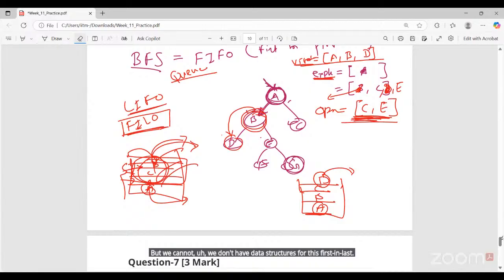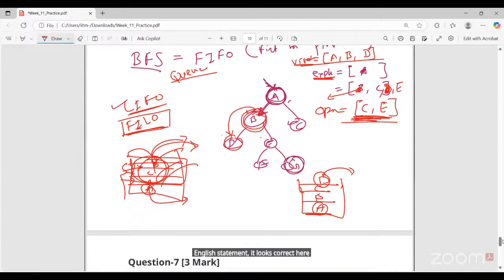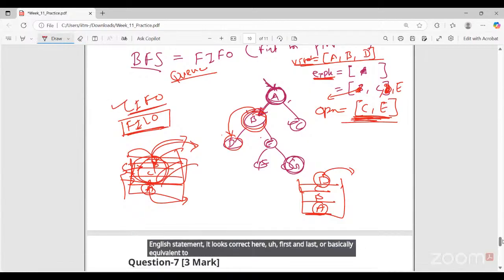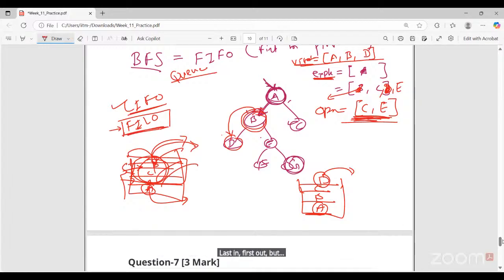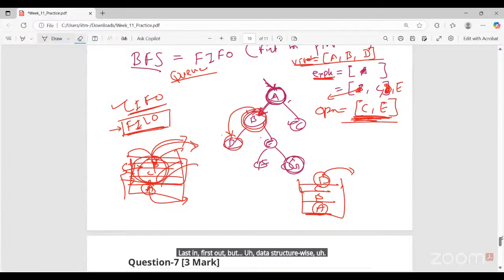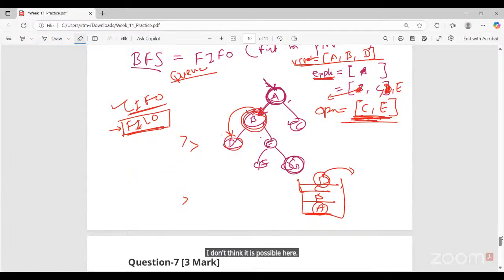Sir, in this statement, it looks correct here. First in, last out is basically equivalent to last in, first out. But data structure wise, I don't think it is possible here. So I'm not getting it, sir. Actually, sir, like